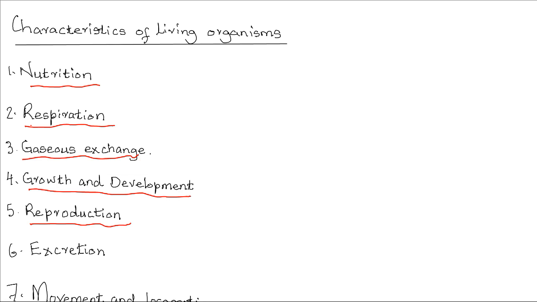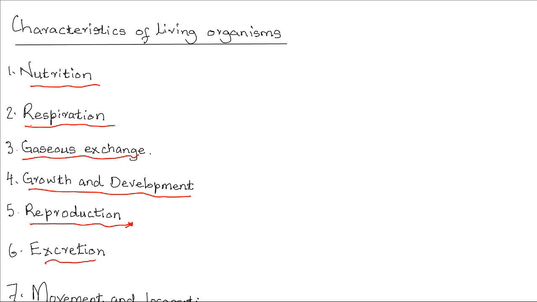Reproduction is another characteristic of living organisms. Reproduction is a process by which organisms give rise to new ones of the same kind. Reproduction ensures continuity of the species because individual organisms have a limited lifespan. So it's only through reproduction that the entire group of organisms can be kept living. That is, members of a particular group of organisms are kept alive since individual members have limited lifespan. So to keep that group alive, the individual members must reproduce to replace those that die in time.